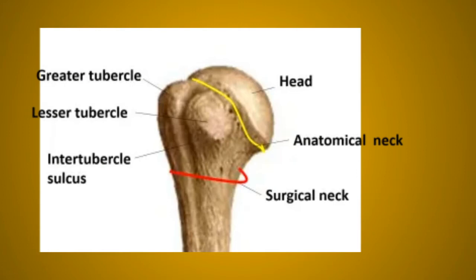Next are the important features of the humerus bone. First of all, the upper end of the humerus bone. The head is directed medially, backward and upward, and it articulates with the glenoid cavity of the scapula to form the shoulder joint. So remember, the head of the humerus bone and the glenoid cavity of the scapula together form the shoulder joint. Also, the head forms about one third of a whole sphere and is much larger than the glenoid cavity.